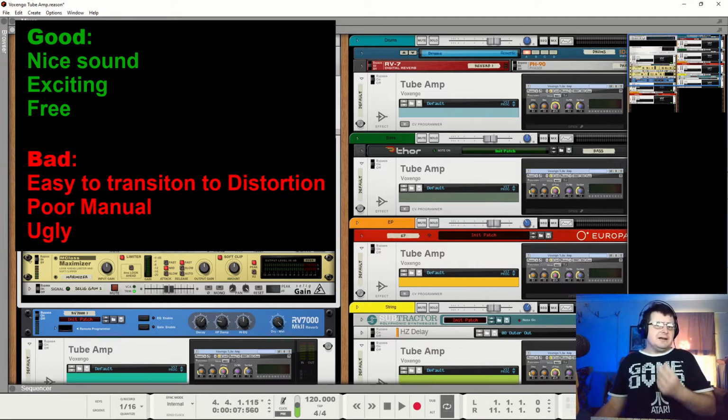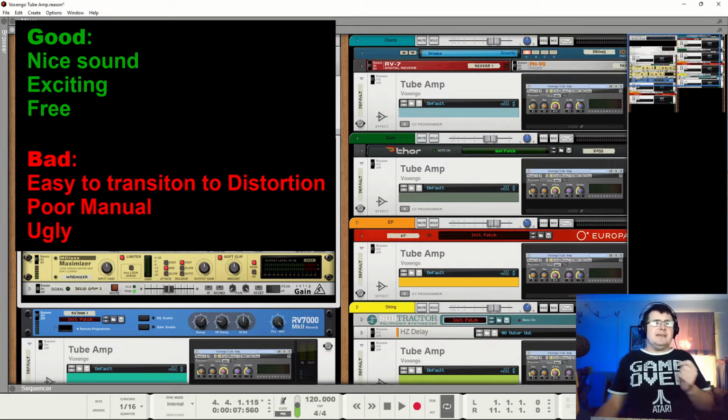So it sounds nice and it's exciting. It's free. That's great. It really is super well priced. You can't complain about that. It is free. And it's good. It's as good as you want it to be. You'll notice that I'm always using it with no oversampling. I will use them without oversampling, because if they don't sound good with oversampling off, as in 1 times, then they're probably no good. They should sound good even if there is a little bit of bounce back.